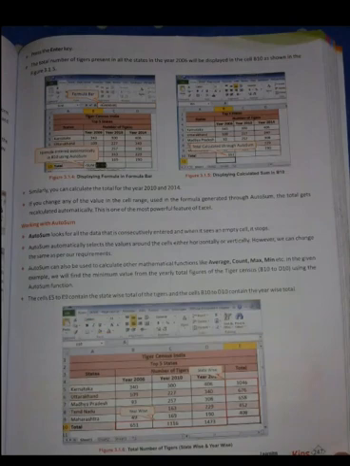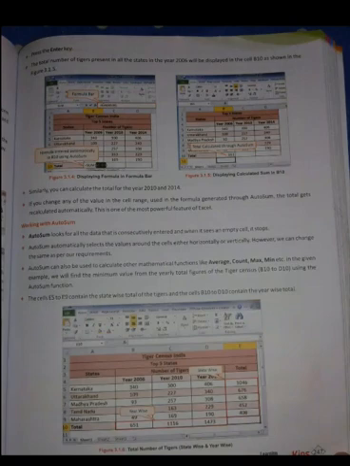Suppose you want to count how many entries there are, you write equal to COUNT, bracket, the range from where you want to count, A1 to A10, close the bracket and press enter. It will count the number of records in your row and column.